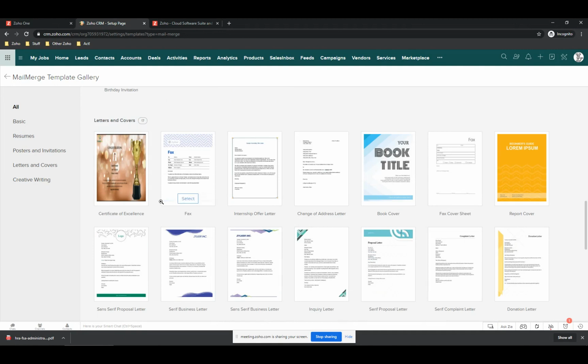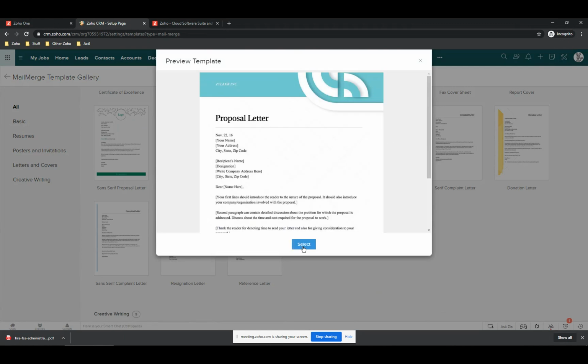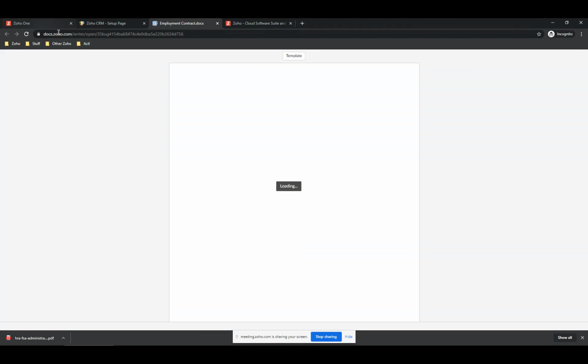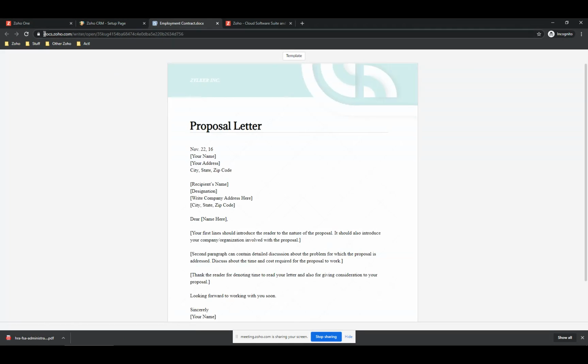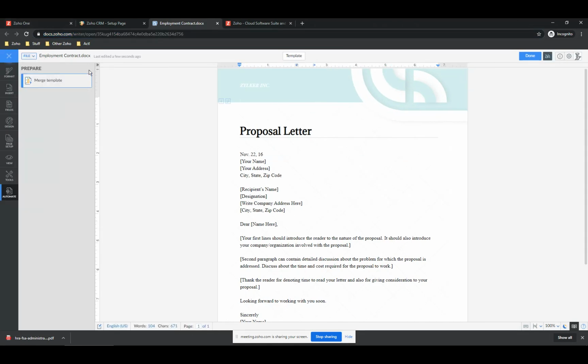We'll send unemployment, I don't know, something, proposal letter. We'll pick this one, select. So now it's actually bringing me into, you'll see in the URL, I'm in Zoho Writer now. This is Zoho Writer. One of the things I like about Zoho Writer is,